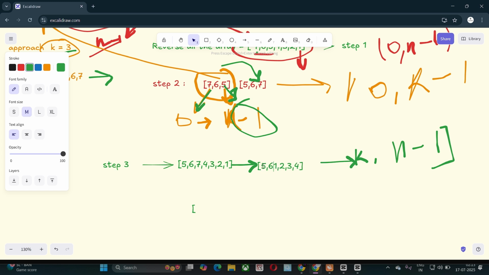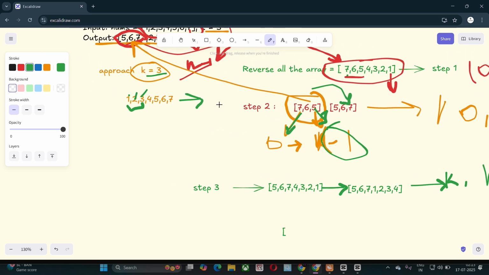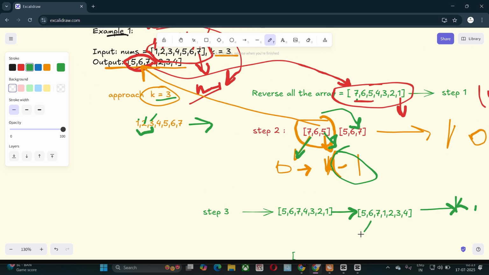Why we are using this, we will discuss after the code. It is used in case k is greater than n. This code handles that case, and we will see it after the code.